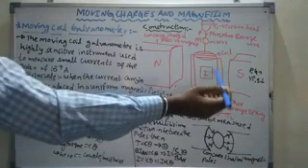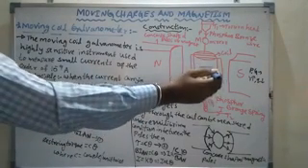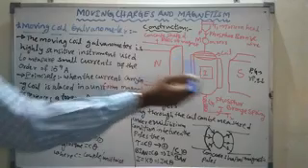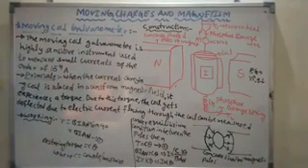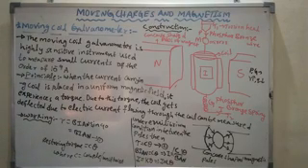Suppose this is the magnetic field. If the plane of the coil is parallel to the magnetic field, what happens? The area vector of the coil is perpendicular to the magnetic field. In that case it experiences maximum torque. The angle between M and B is 90 degrees, so maximum torque takes place. Tau is equal to NIAB sin theta. We already derived the expression, right?